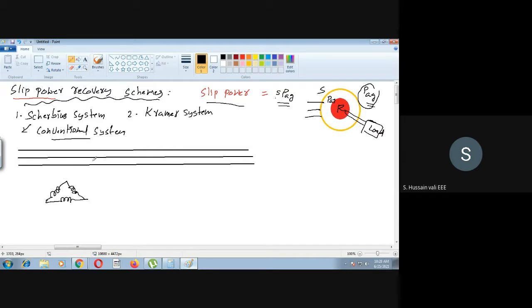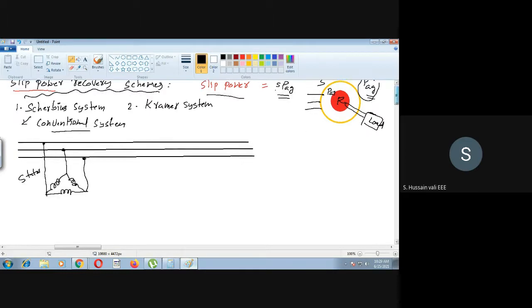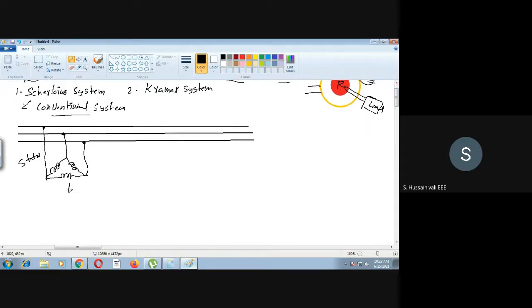This is the stator. Then it is coupled with the rotor. Assume the rotor is star connected. In any case you can take, there is no problem. Then the rotor circuit we are discussing now. Of course, this rotor is coupled mechanically to one load. That load I am not going to draw here. Please see here, only the rotor side we are interested in.